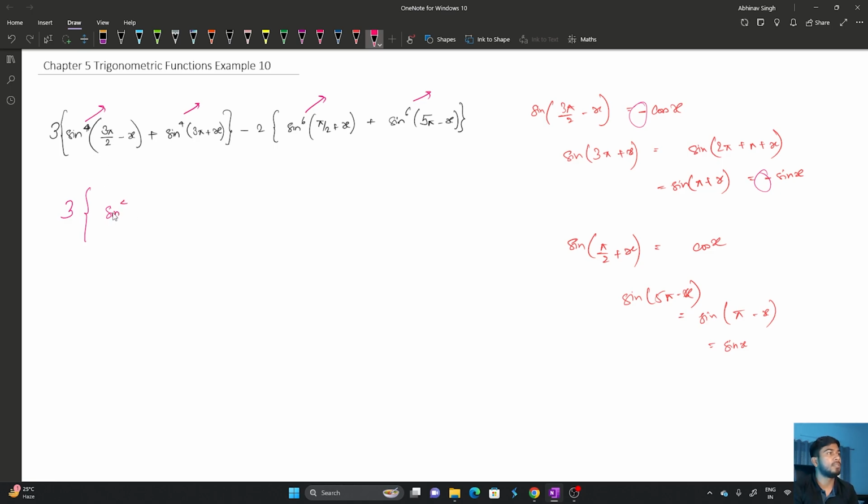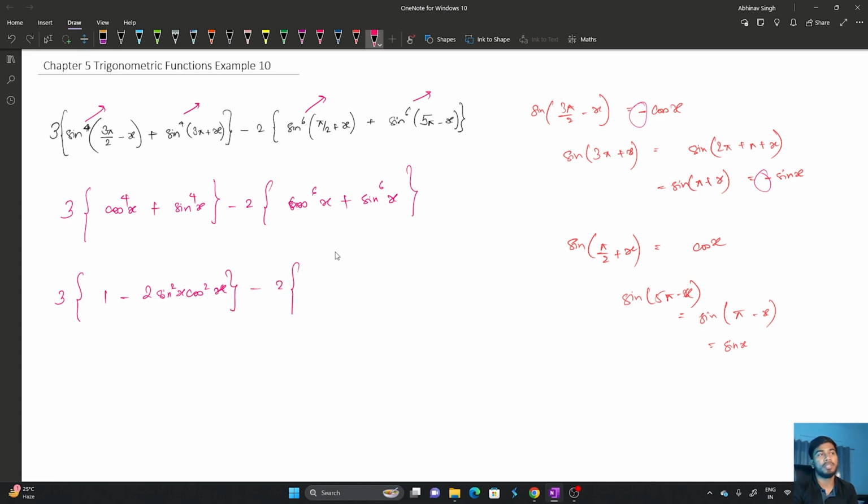Okay, you have to change this because it was 3 pi by 2, so it will be cos x to the power 4 plus sin x to the power 4, and this will be cos x to the power 6 plus sin x to the power 6. Now the first one you can write as cos square x plus sin square x whole square. So 1 minus 2 sin square x cos square x,